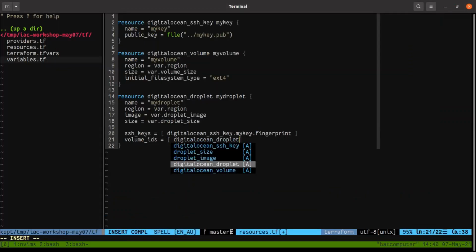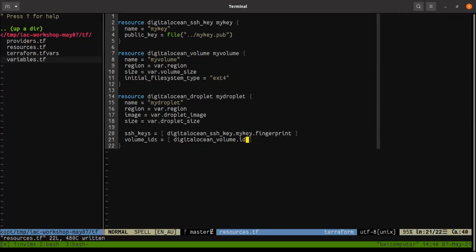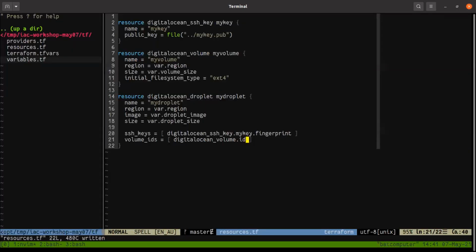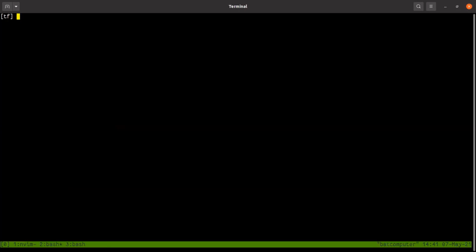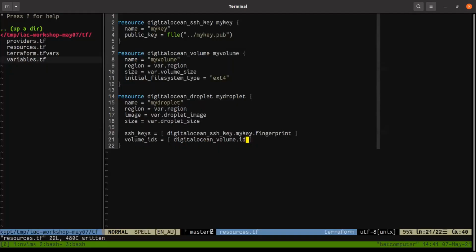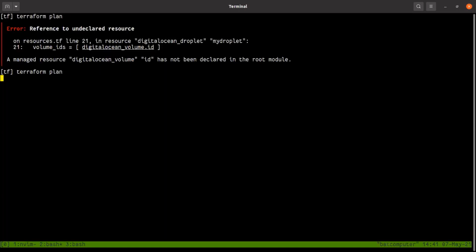So digitalocean_volume. Sorry, I forgot the name. So I need the name, my volume, ID. Okay, so now we go terraform plan again.